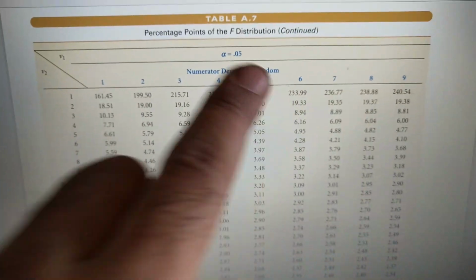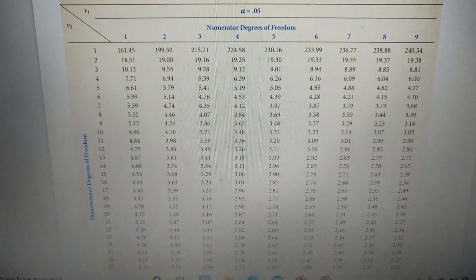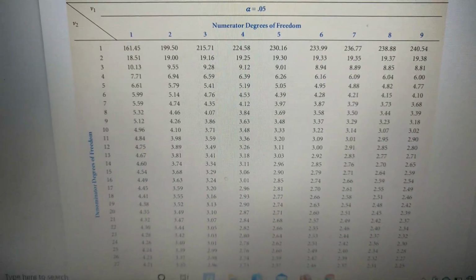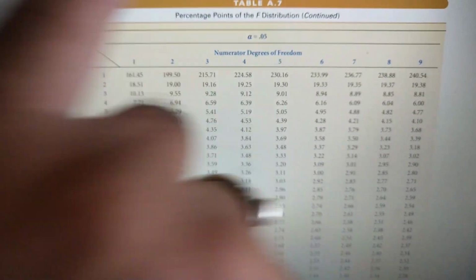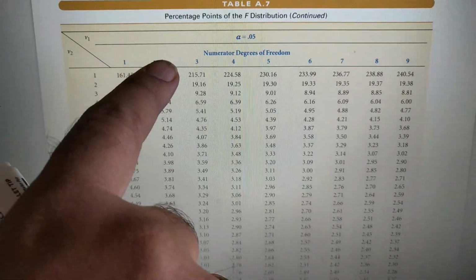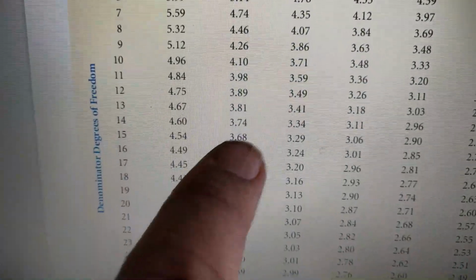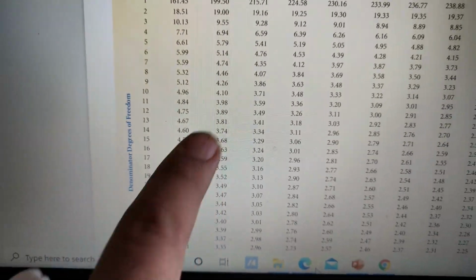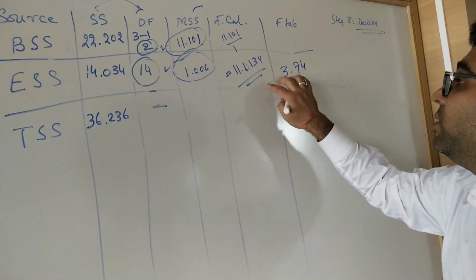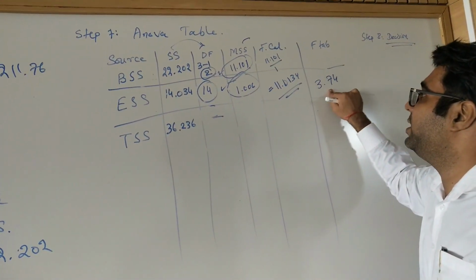Remember in ANOVA we always need to see the F distribution table. See the degree of freedom of BSS, that is 2, and the ESS degree of freedom, that is 14. Our value is 3.74. So 3.74 is our F tabulated value.